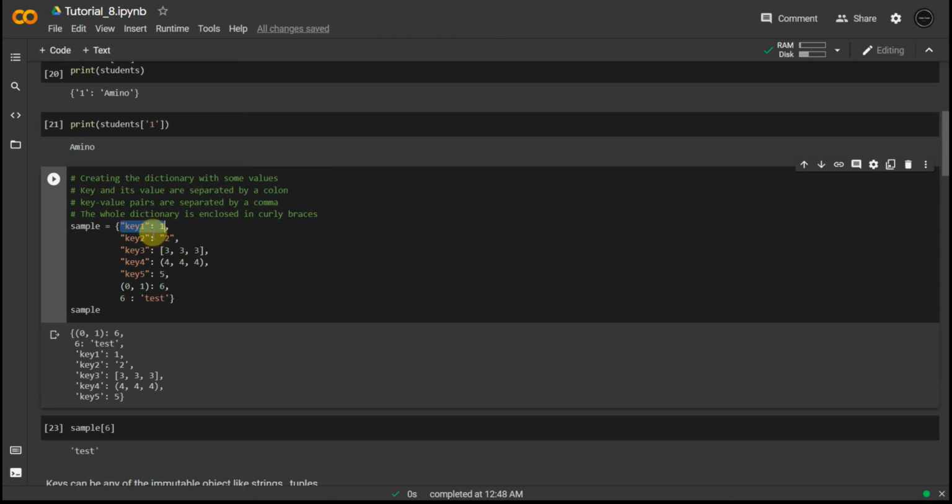Each pair has to be separated using commas, right? All these have to be separated using commas. If this does not happen, it cannot be declared, guys. So you have to use commas here.